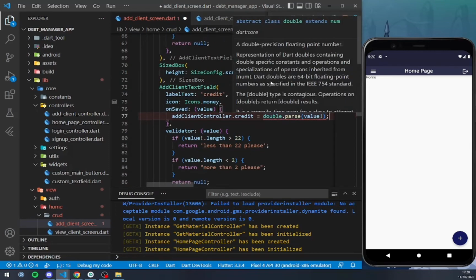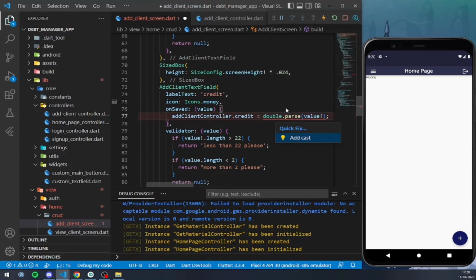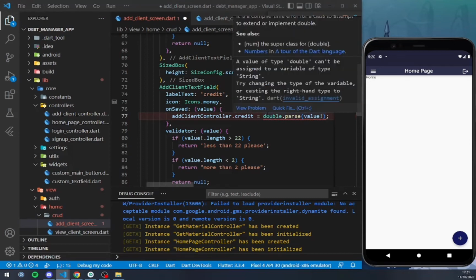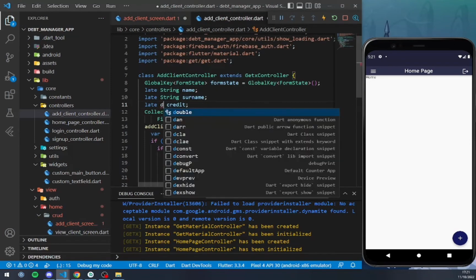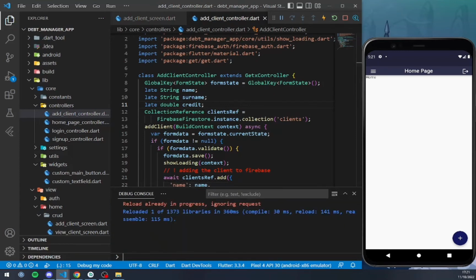What is the problem here? Can be asset string. No. Of course, credit is a string. Now it's a double. And now if we add a client,